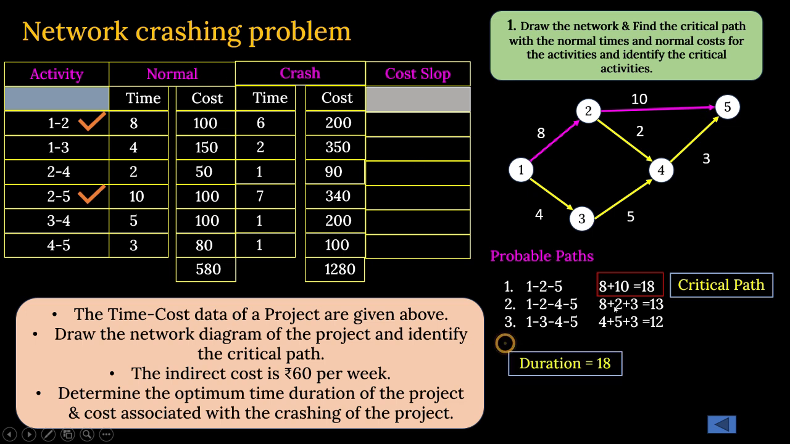Then what is the duration? Duration of the project is 18 days. That we can find out, 18 days. Fine. And what is the normal cost that is mentioned? Normal cost, direct cost is 580 rupees. Direct cost means this is the amount to be consumed to complete all these activities involved directly with the activities. So this is our first finding. We have calculated the critical path and the project duration. Clear? Now,